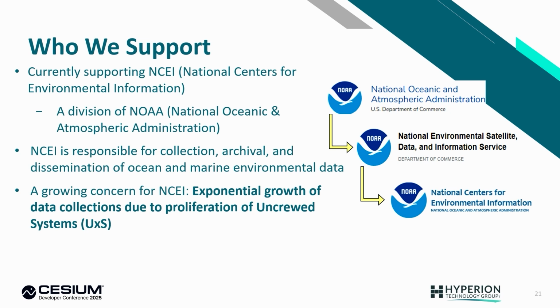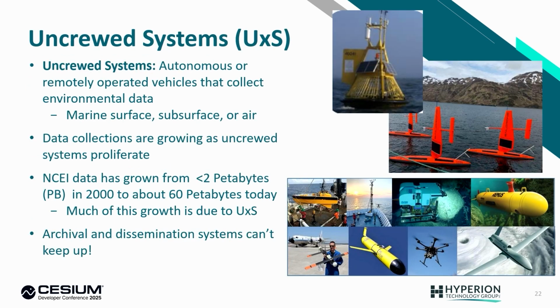So they're having an issue, however. In the last few years, there has been a large proliferation of data. One of the primary causes of that is data collections through something called uncrewed systems. So uncrewed systems, they're essentially drones. However, they can be surface drones on water or under the surface and collect data just constantly. And there's a whole lot of activity down the Gulf Coast region where we are, and this